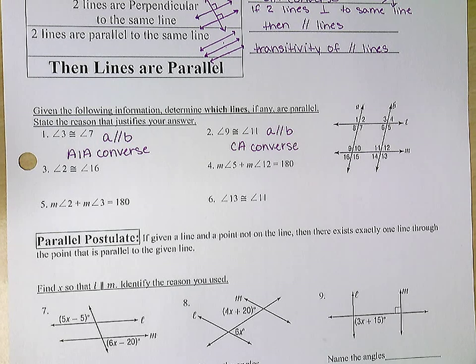So in the directions, it says, given the following information, which lines are parallel, if any? Oh, did you determine if lines are parallel, if any? No. But that they are. It's parallel to B, and because A is